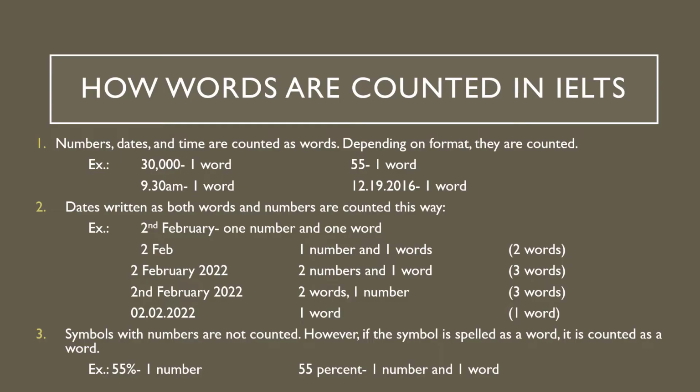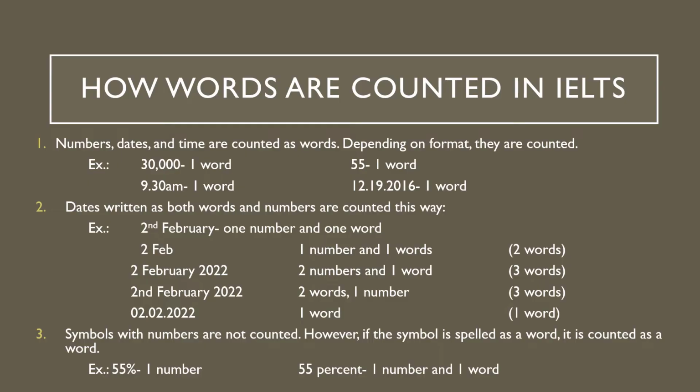However, if the date is written as both words and numbers, then they are counted depending on the number of separated items. For example, if the date is written as February space 2 space 2022, then the answer consists of